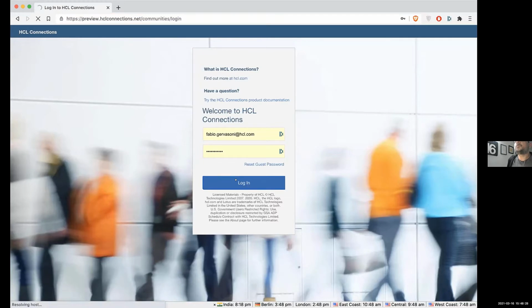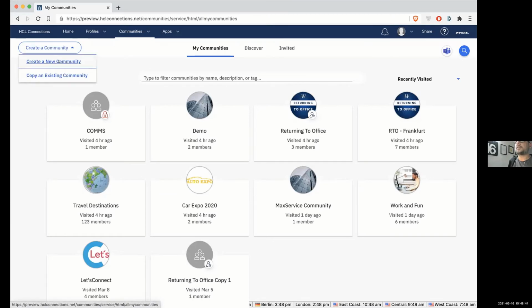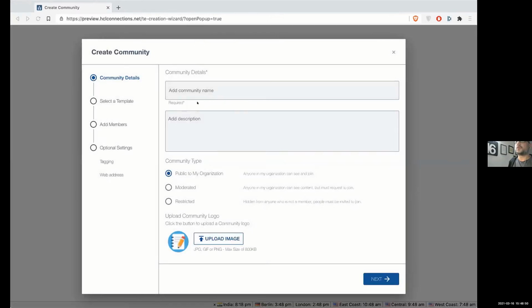Right, what we're going to do now, just for the interest of time, I have some pre-set text and images, links and things that I'm going to use while we go through this. Let's create a new community. We're just going to start from scratch on a simple new community. We're just going to call it